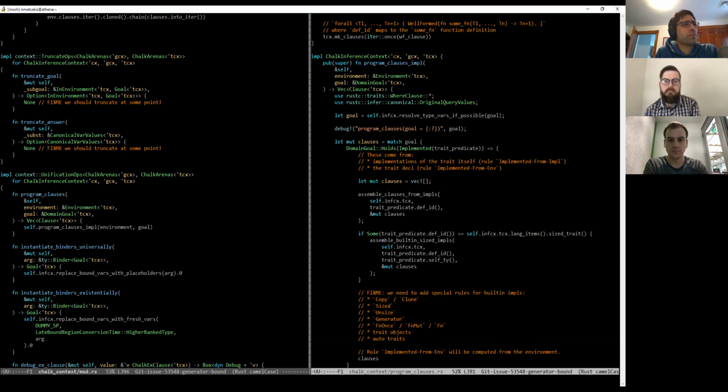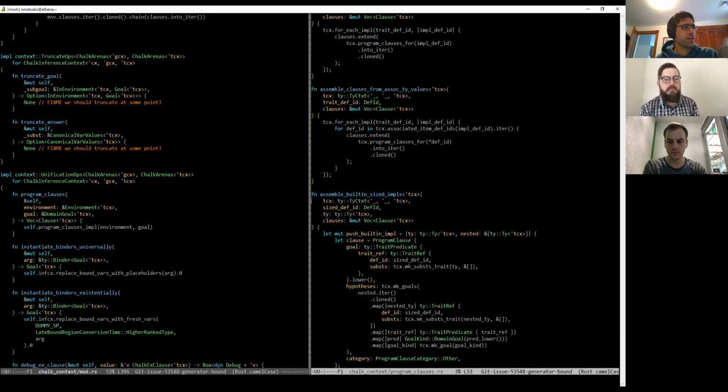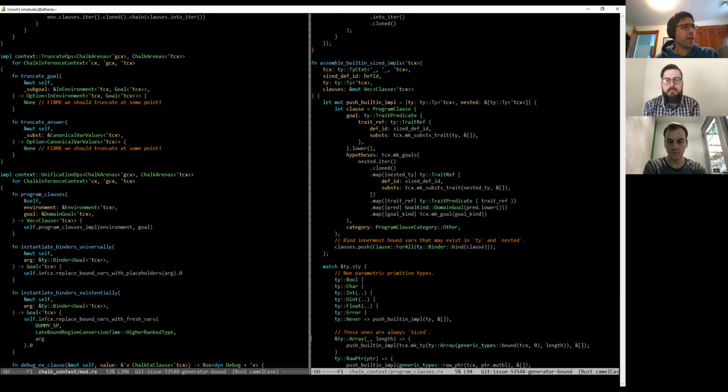This is getting to the work that is actually in one of the sprint goals now. Sometimes we don't have explicit impls. We have things that are built into the compiler. Sized is an example. So it's our job here to add those rules as needed. One of the challenges is that in order to figure out what the rule would be, you might like to know a little bit about the type in question. If you think about sized,